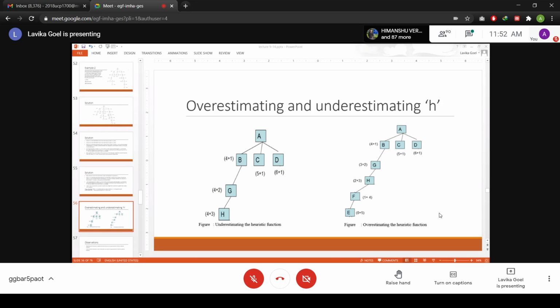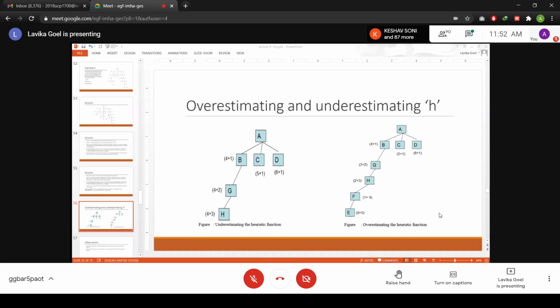or you could take the heuristic function as count the number of tiles it is far away. So for each tile, you find out how much far it is from its correct position, and then you take the sum of those counts. So that was another third heuristic function. So depending upon the choice of your heuristic functions, it can be an overestimating heuristic function or an underestimating heuristic function. If the heuristic function is chosen in a way that it is overestimating the heuristic value of a particular node, in that case, your solution will not be an optimal solution.